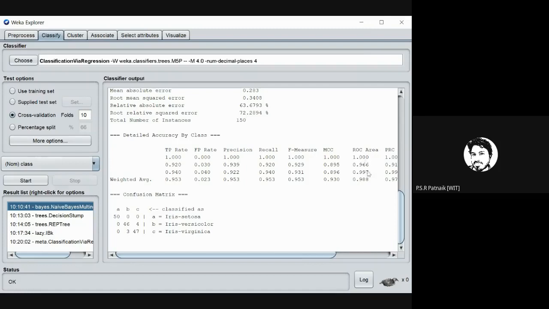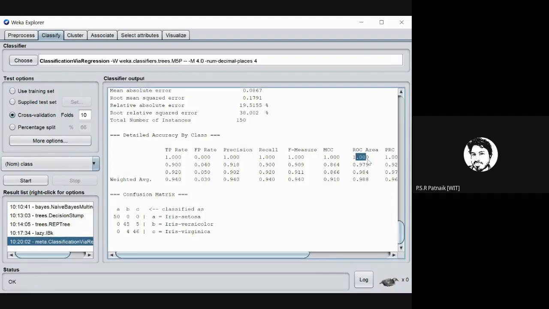So 96, 99, no, this is not acceptable. We will ignore that. This is 94, 94. Fine. This is 95, 94. And if I now look at that, it is 97 and 98. So for class 1, it is 97. I'll only compare naive Bayes and regression because these values are near 1. So 96.6, and this looks to me a little bit balanced. These are well balanced. So I would prefer this regression based classification.